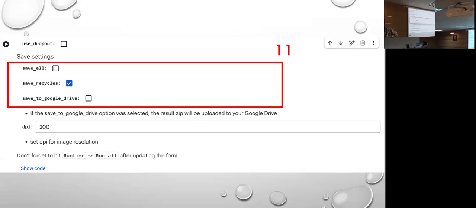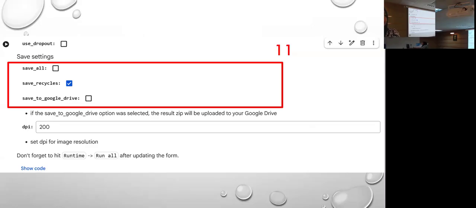Okay. So the question the lady asked, that you can select save all, save recycles. You can save all of the models. You can save all of the recycles. You can save all the data to your Google Drive if you have enough space. DPI is the resolution of the structure and the picture quality.